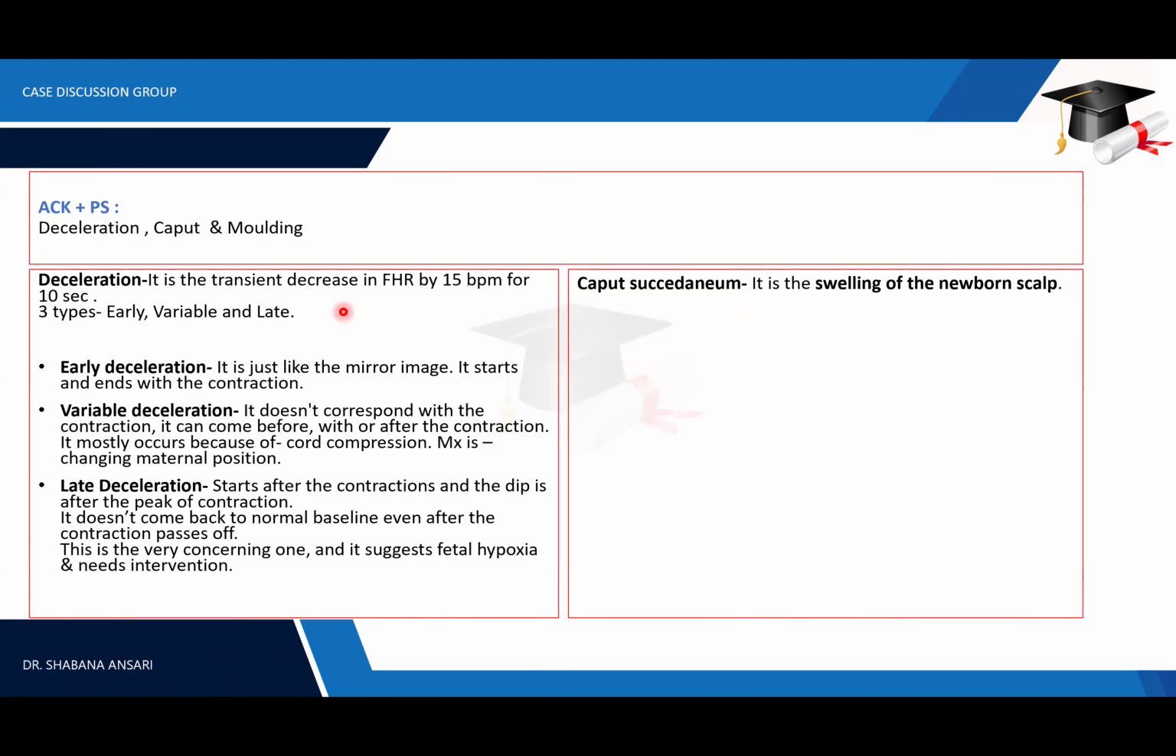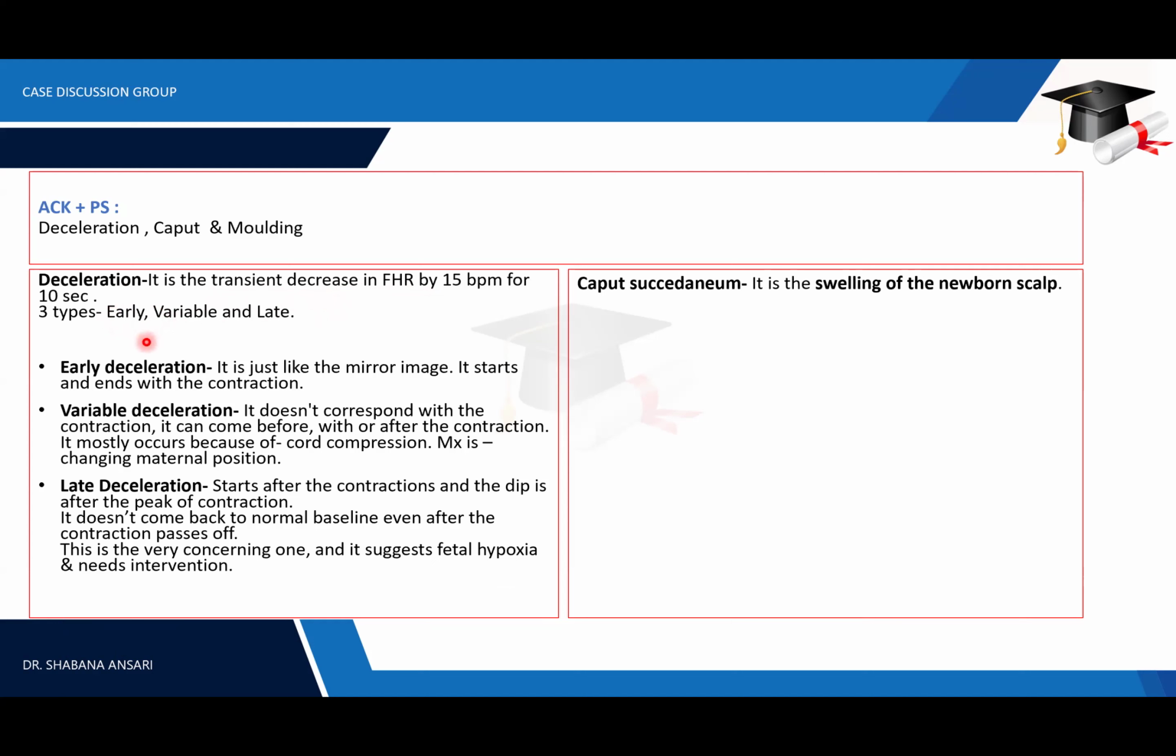Decelerations, we know, because we have been reading the CTG and commenting on the CTG like anything. So yes, the deceleration, just keep it very simple in the exam because you have to say everything within 10 minutes. It is a transient decrease in fetal heart rate by 15 beats for 10 seconds, and there are 3